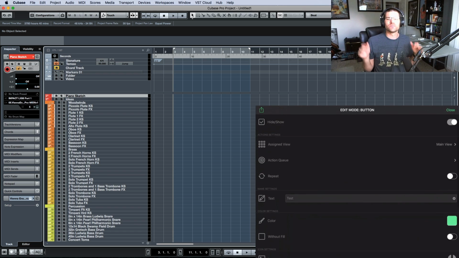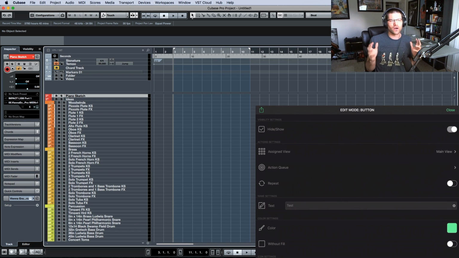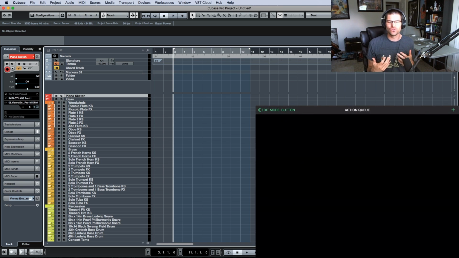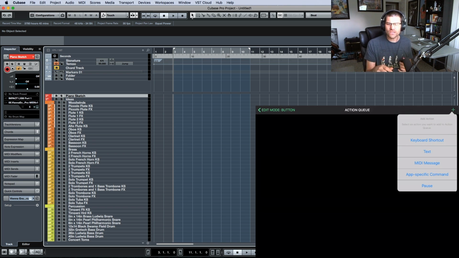So this is where it gets beautiful. This is the heart of Metagrid, and this is why it makes it so great. So you want to do an action queue. So here's the options that you can do to create some actions. You can create, so we'll click on this plus button here. So as you can see, you could do a keyboard shortcut, you could do a text, MIDI message, or an